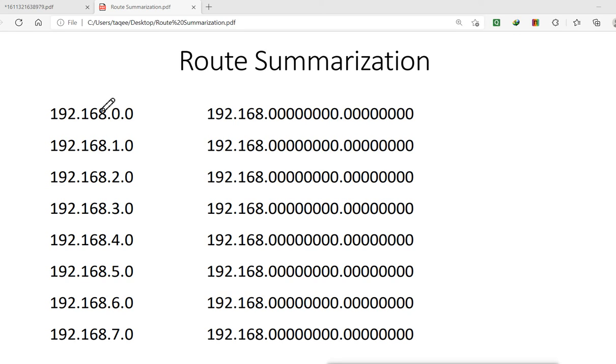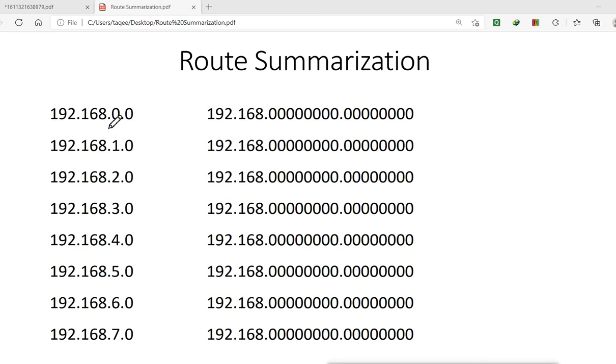If we have these networks connected to the router, it will send these networks separately, it will not do the auto-summary. So in that case we have to configure the summarization manually, and we have to do it on paper first, and then configure it manually. Let me show you first.